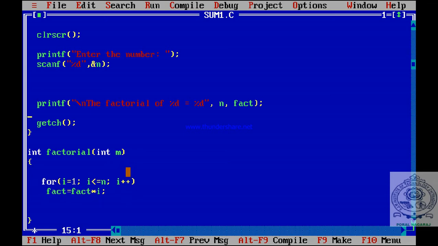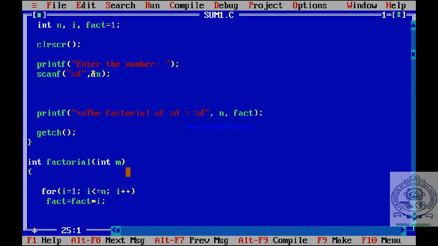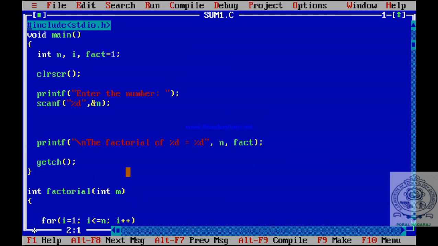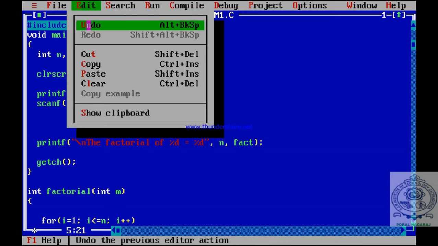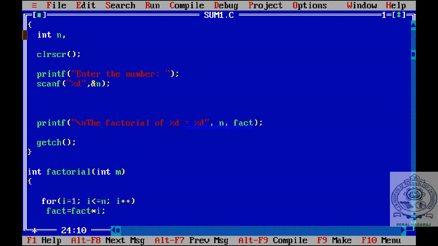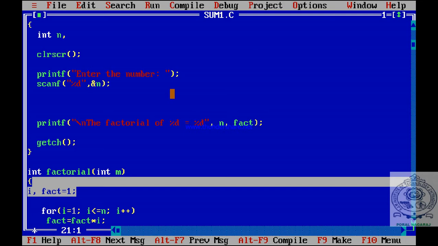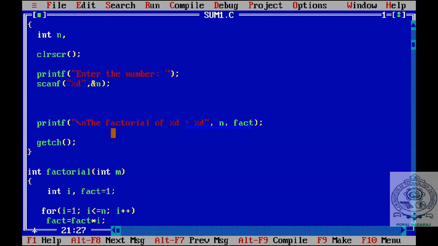See here, I have removed the logic of the factorial. So the variables used in the logic of the factorial I am also going to remove from main. Which are they? i and fact equals 1. Not necessary there, they are necessary in the function now. So I am going to use them here. They are of type integer, so you declare them as integer i, fact equals 1.